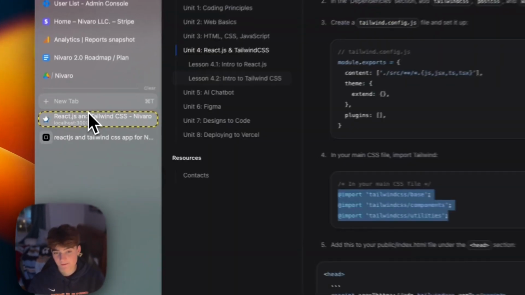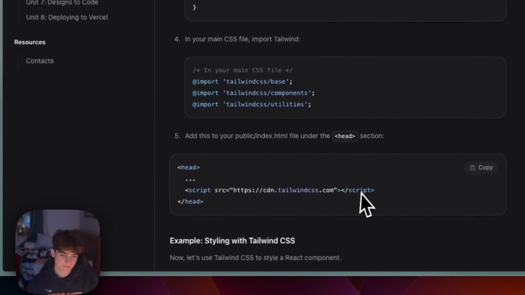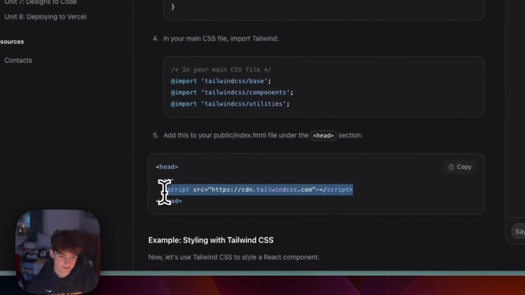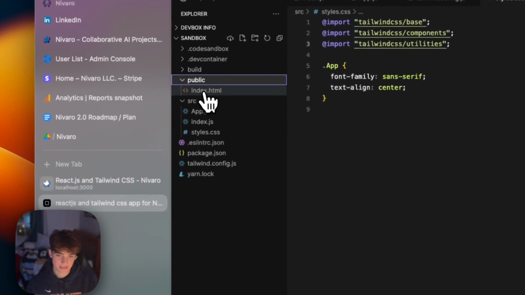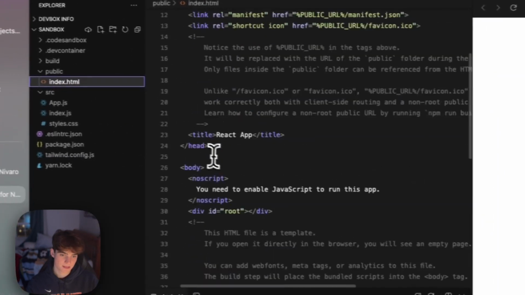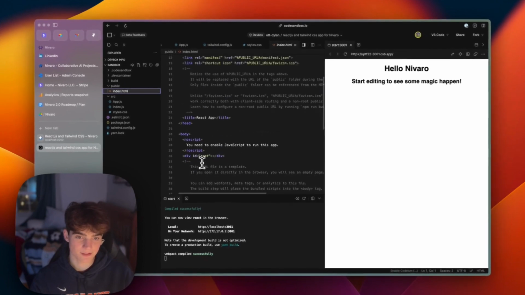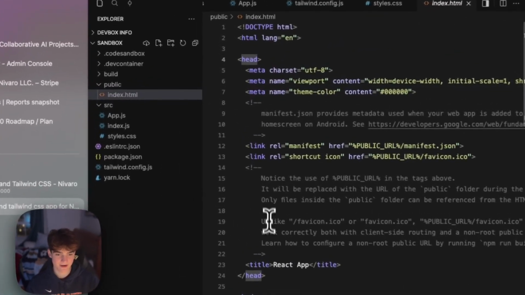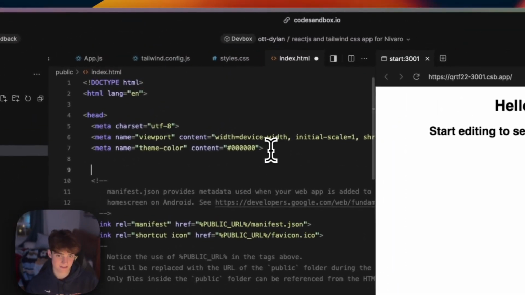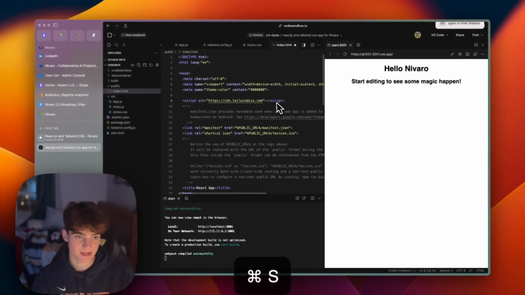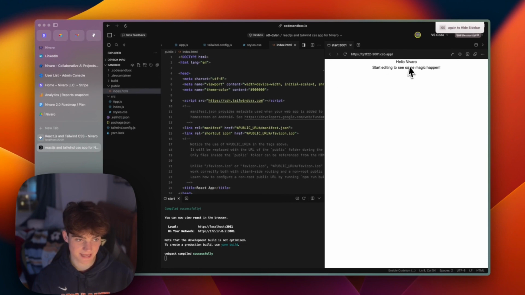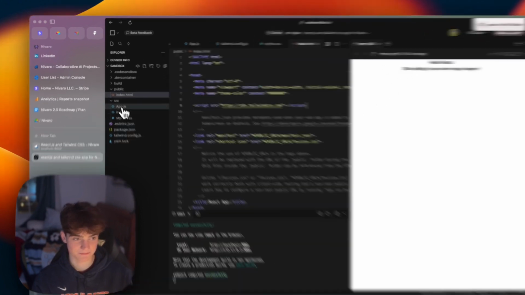Now we have just one more step, and that is to copy just this line of code, which is the script. We are going to open the public folder and go to HTML. Once you are in HTML, you see this head thing right here. Inside of the head section, you're just going to paste in this line of code and save that. That just added some Tailwind